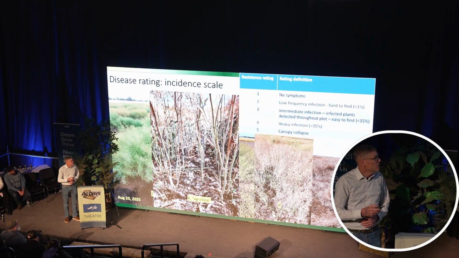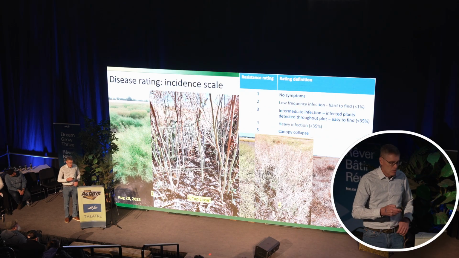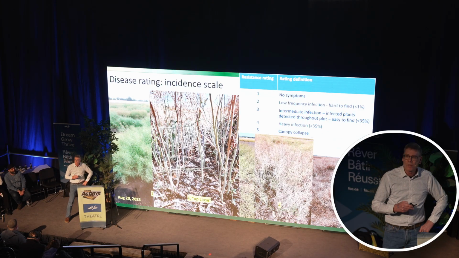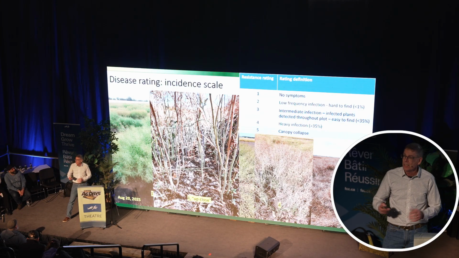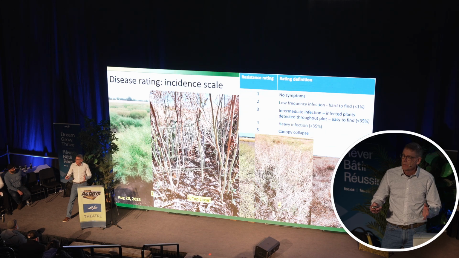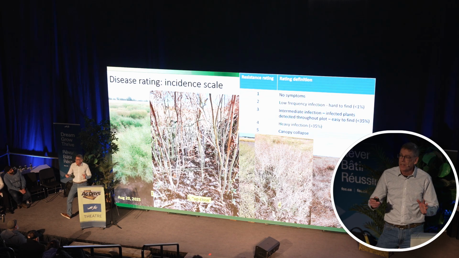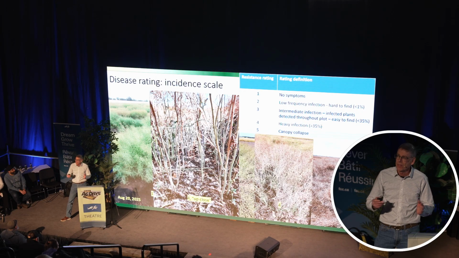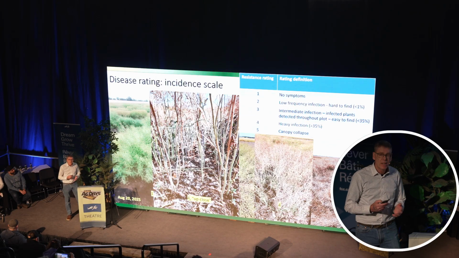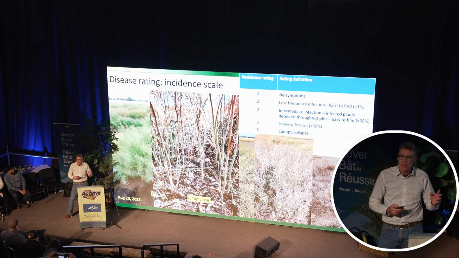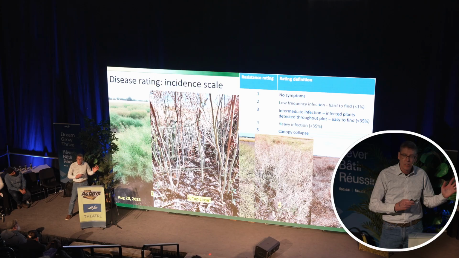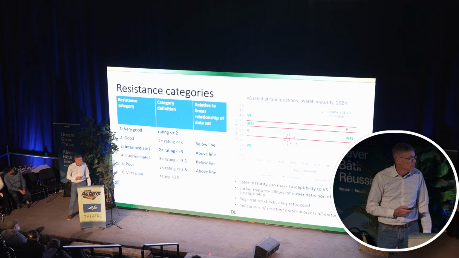So this slide here is what I would call a poor, it's a 4 up close. And this is sort of the best time, I think, to look at this disease, where the leaves have fallen off the plants, but the stems are still healthy, the ones that are not infected, and you can distinguish between healthy and sick plants. And I'm looking at incidence, not trying to figure out if the plant is half infected or a little bit infected. It's just, are they infected or not?